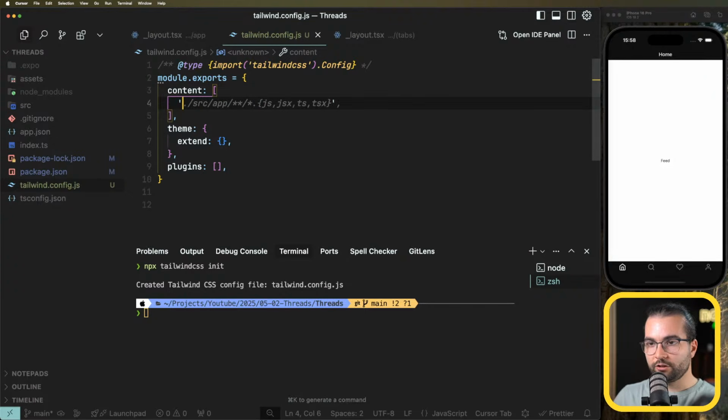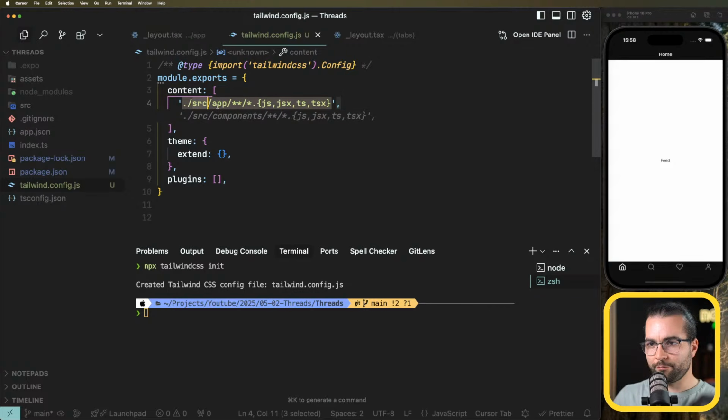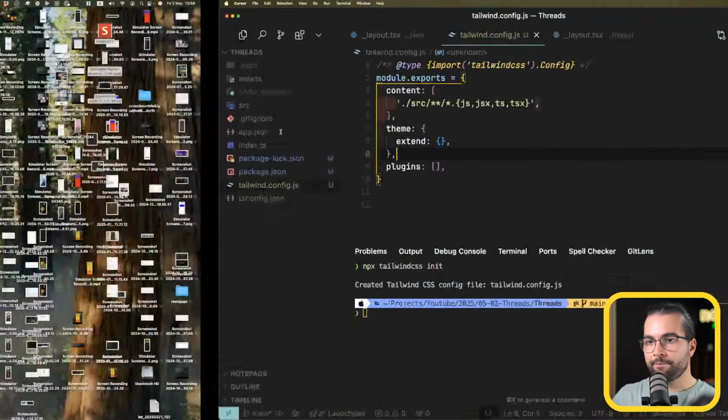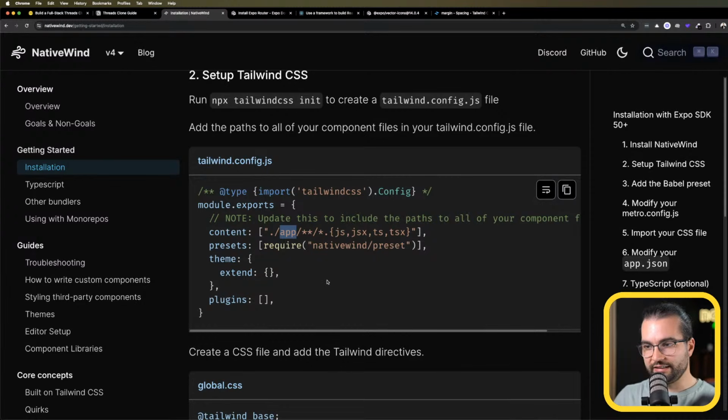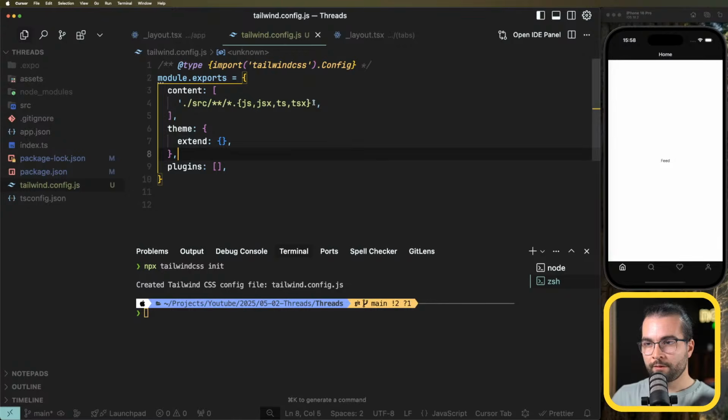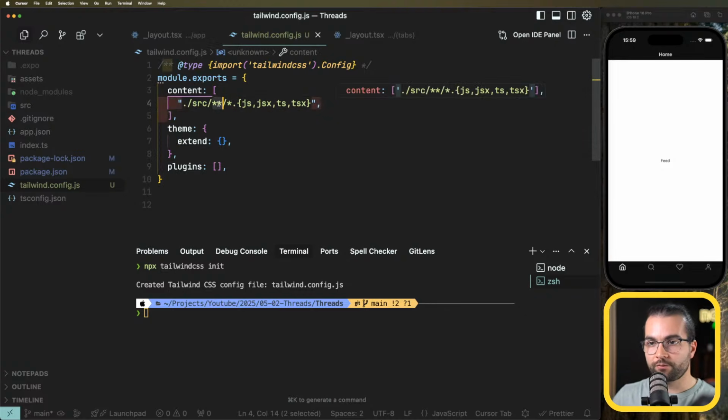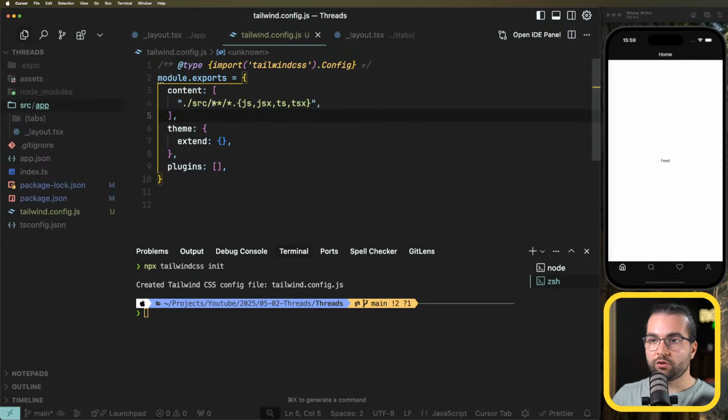So we're going to say, hey, look into the source, and I'm actually going to remove this one from here. In the documentation, it only shows the app directory, but if you have components and other things like that, it's not going to work. So you can take this one from the documentation, put it in your place, and replace app with source, because what this is going to do is look in any subdirectory of the source folder, and look at any file with any name that ends with JS, JSX, TS, or TSX. So basically, any folder and any file with this extension in the source folder is going to be taken into